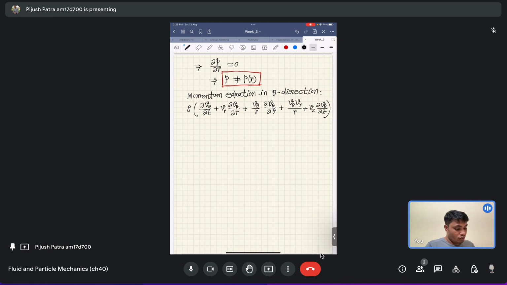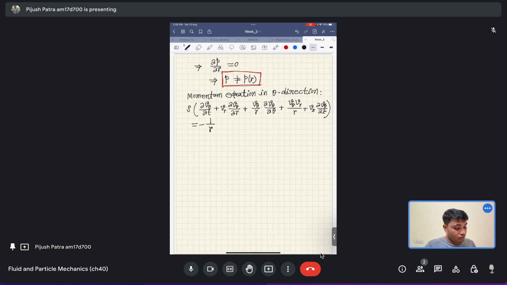Let me check whether I have written it correctly. Yes, this is the left hand side of the Navier-Stokes equation for this case, and it is right, is equal to